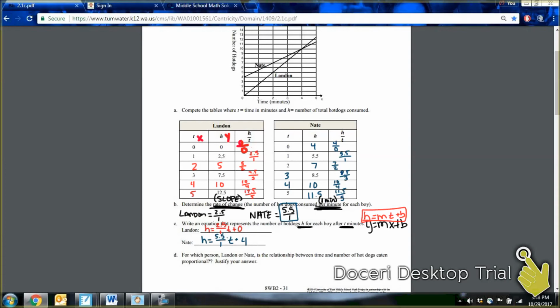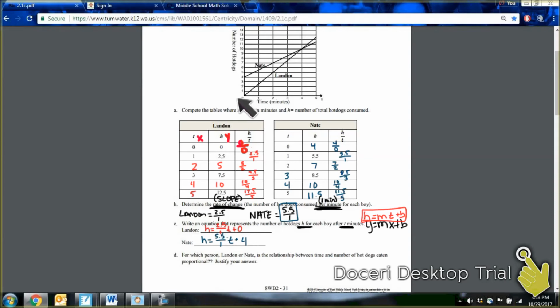All right, we're almost done with this page here. Let's look at letter D. It says, for which person, Landon or Nate, is the relationship between time and number of hot dogs eaten proportional? Justify your answer. Now, there's a couple ways that we could go about doing this, but let's just talk about it on a graph. Anytime we have a graph, if our graph starts